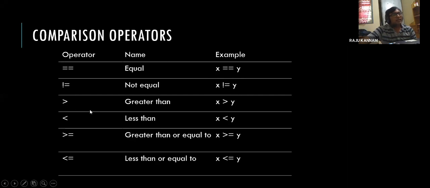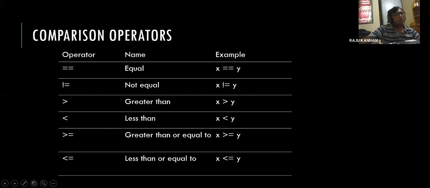And this is the greater than, which we know very well. X and y will be compared, whether x is greater than y or not. If the condition is true, it will return true, otherwise false. Similarly, less than: if x is less than y, it will return true, otherwise false.